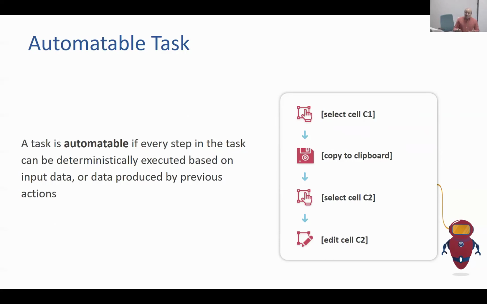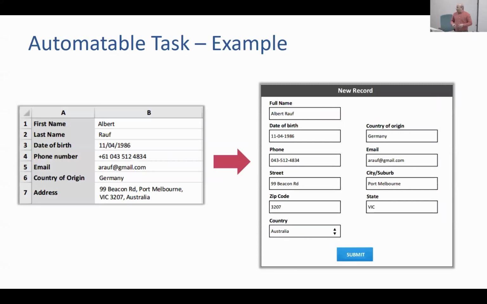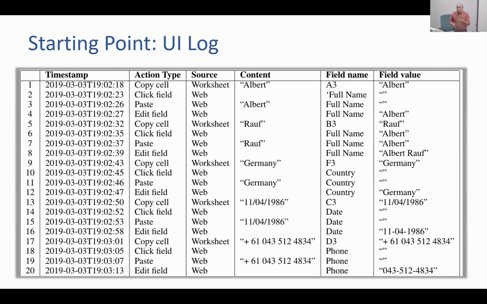If you are in that situation where every step, all the data that is needed to perform the step has been seen before, then that task is essentially automatable, because then a bot can retrieve that data, put it here, move to the next task, retrieve data, put it there, move to the next task, etc. So the problem of robotic process mining is about finding tasks that we call automatable tasks